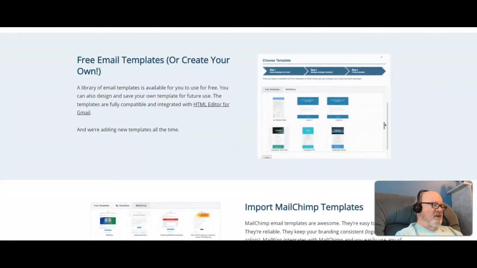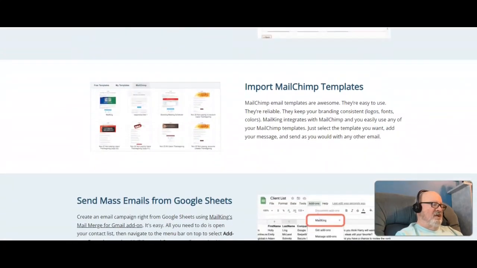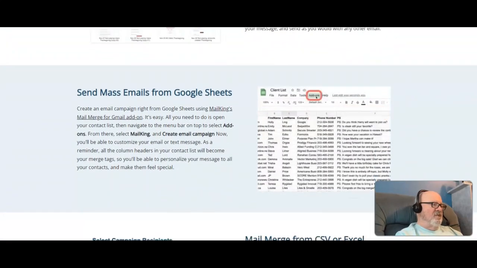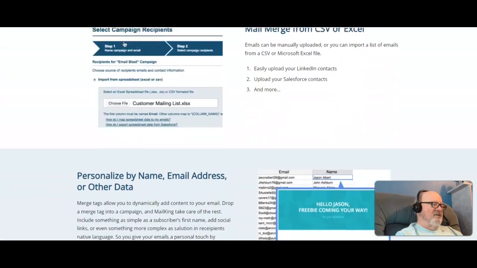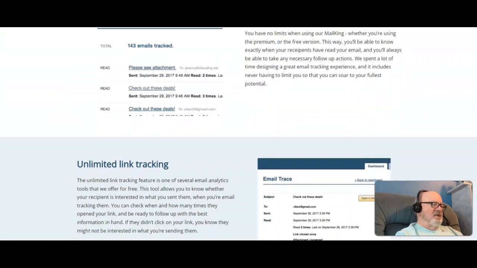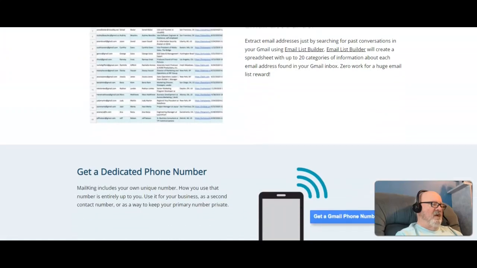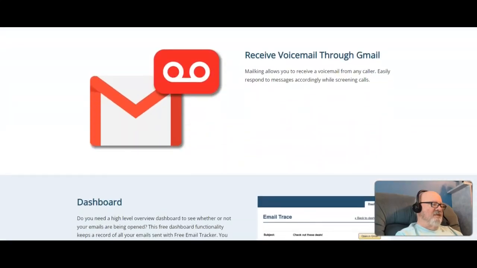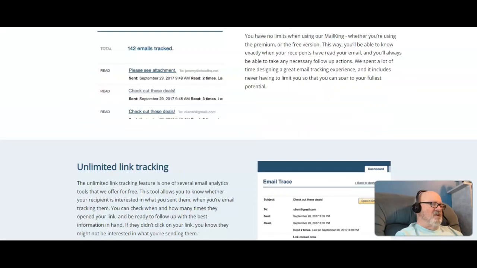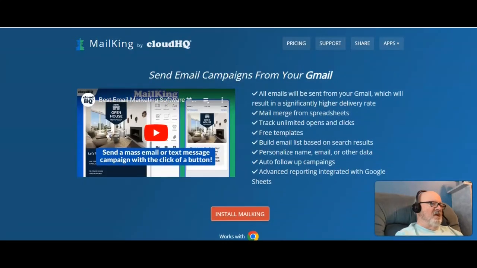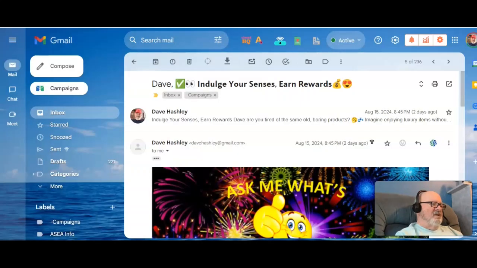You've got the free templates. I'll show you that. You can import templates from MailChimp. You can mail merge from CSV or Excel files. I'll let you read all this at your leisure, but it tells you all about it. It's a pretty involved program and does a lot of different things. But we'll be just going through today the basics of putting this all together and sending out a batch of